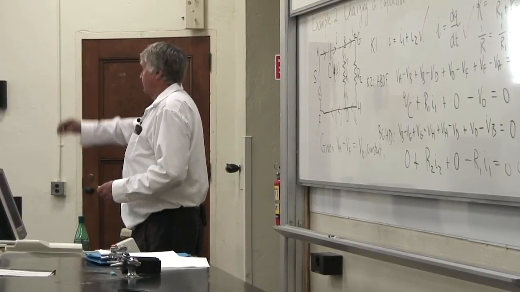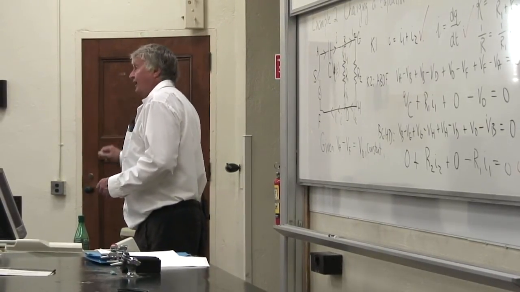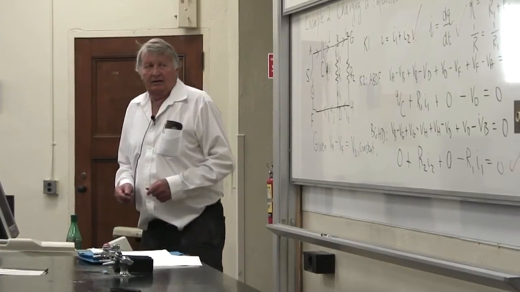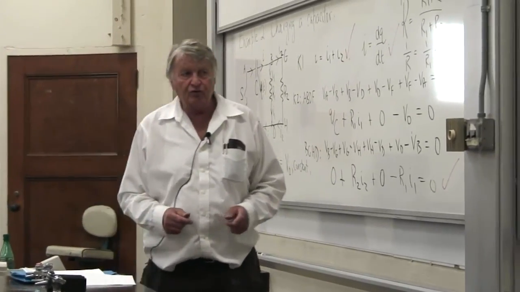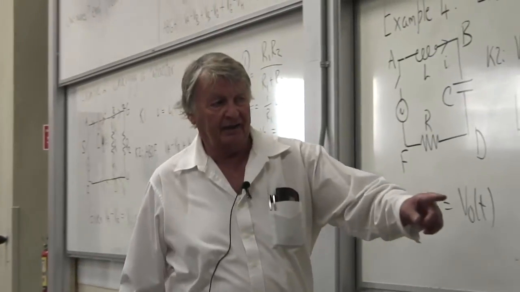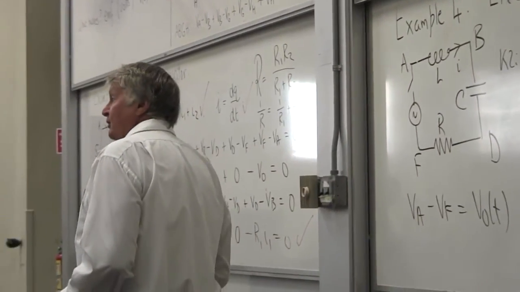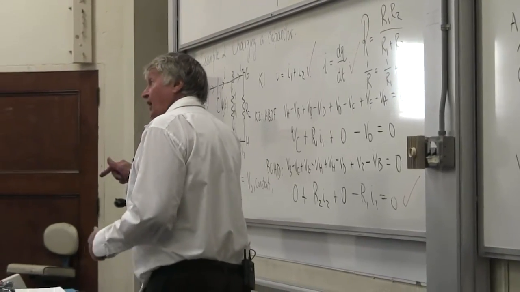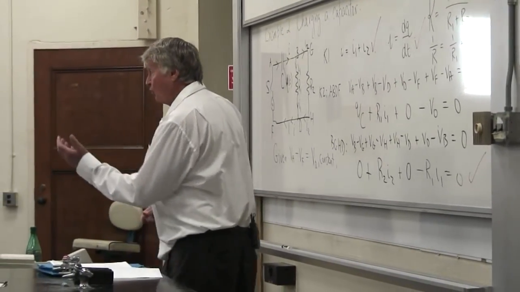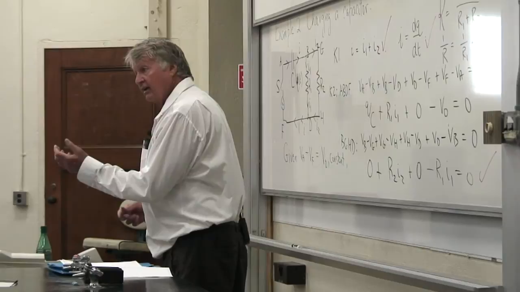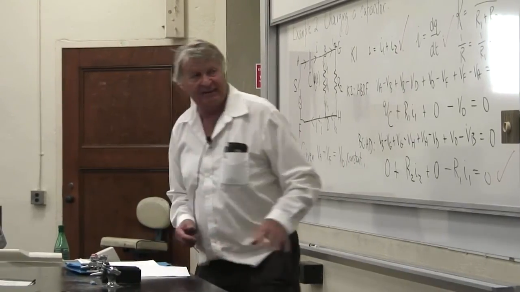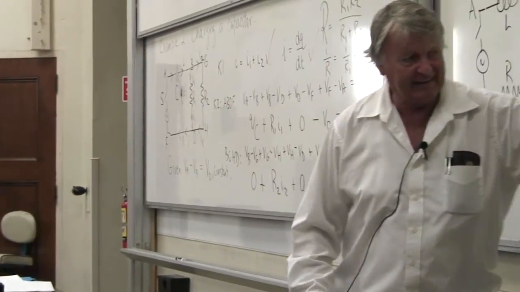So there'll be oscillations which gradually decay. Now, if you apply a source of alternating current, and the frequency of that source is close to the natural frequency 1 over the square root of LC of this equals 0,